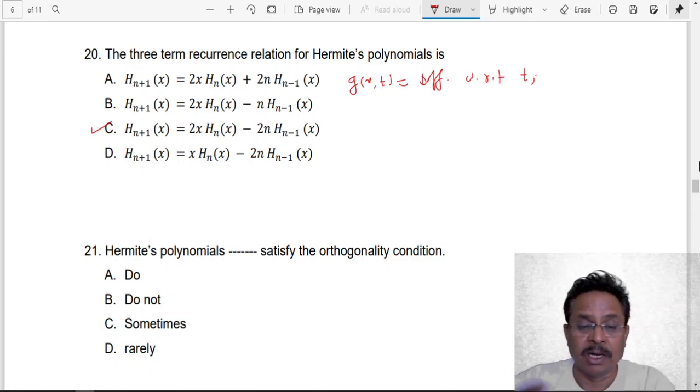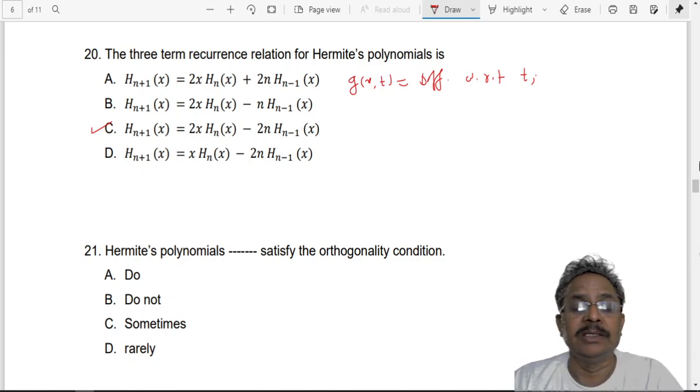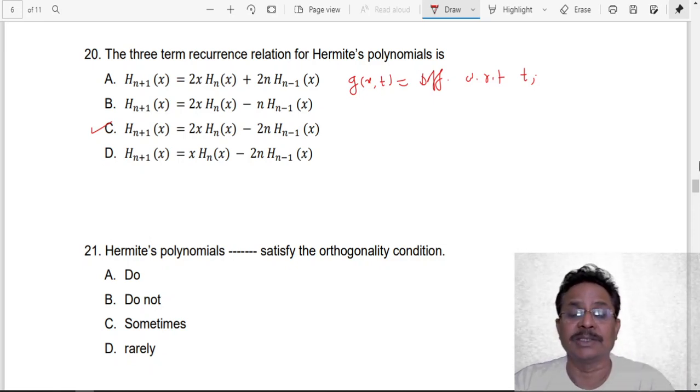So likewise, the remaining questions we are going to discuss in the next lecture, or tomorrow's lecture, or the day after maybe. But these are a few important questions from the Hermite polynomial and Legendre polynomial as well as Bessel polynomial. A few more questions that we are going to discuss later will be related to Laguerre polynomial, as well as some questions related to spherical harmonics: how to get these spherical harmonics, what is their significance, what is the interpretation. Then there is the associated Legendre differential equation too. What is the difference between the normal Legendre differential equation and the associated Legendre differential equation, its solutions, etc. All these things and problems based upon that will be discussed in the next lecture.